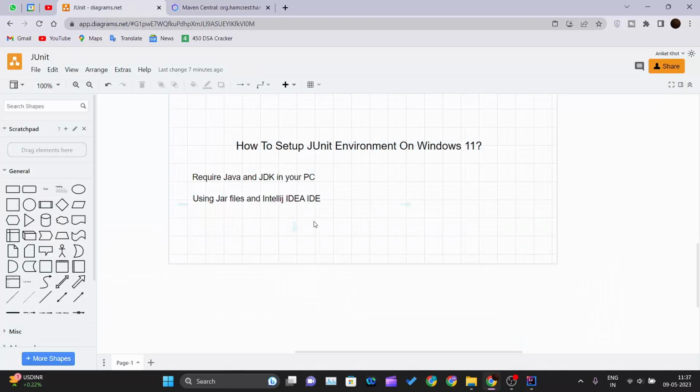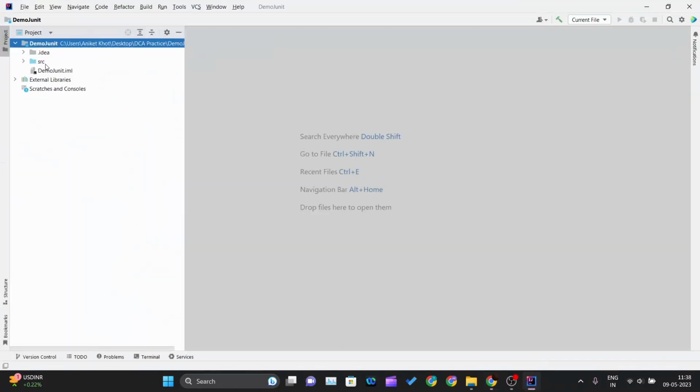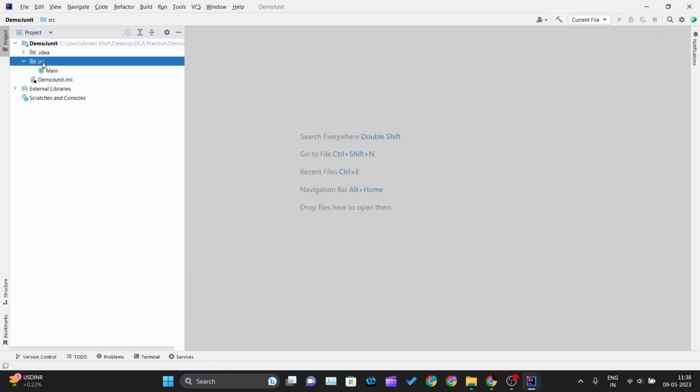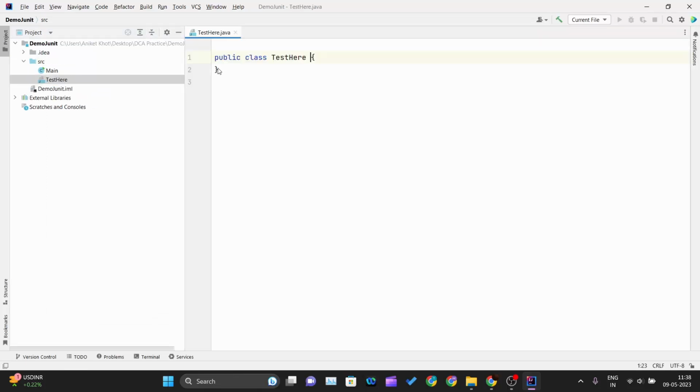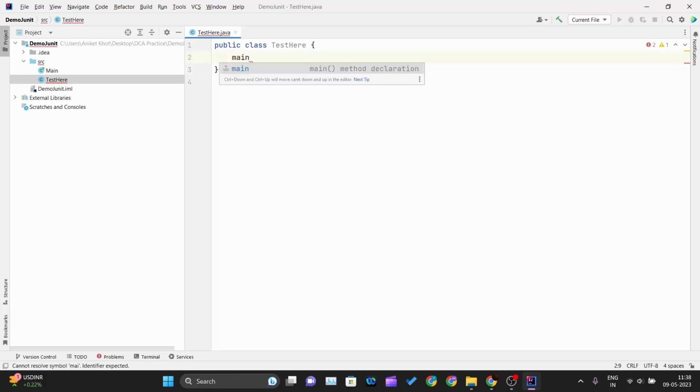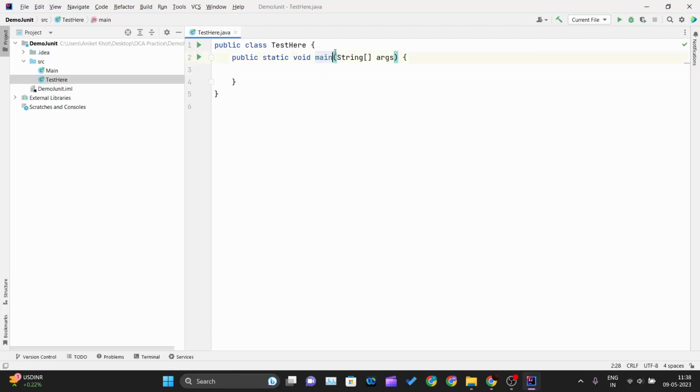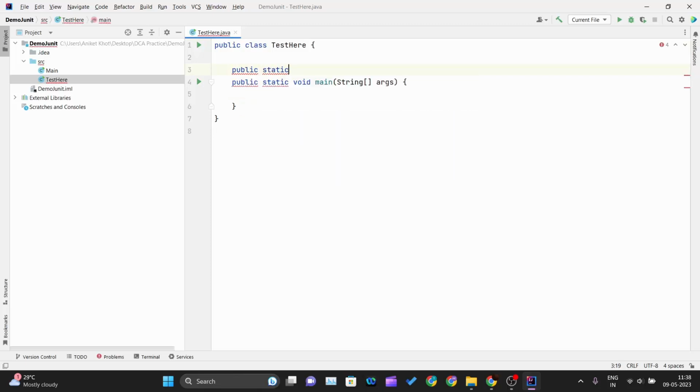And for the second way, using IntelliJ IDEA itself, you don't need to do anything. You just go ahead and create a new Java class. Let me call it Test here, because I will write the test cases over here itself. Let me create my main method over here, and I will create one custom method, public static void